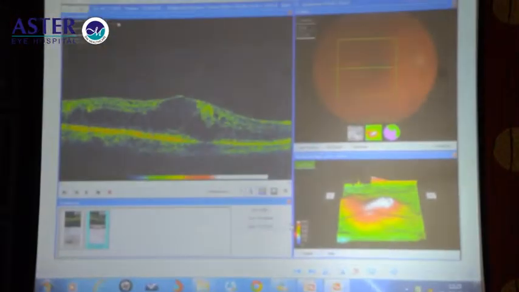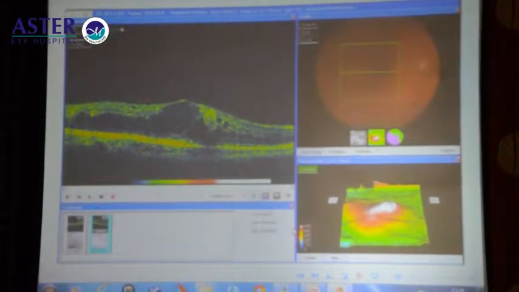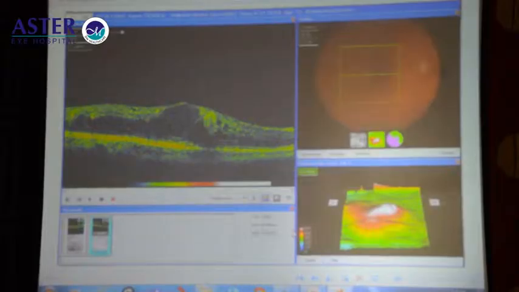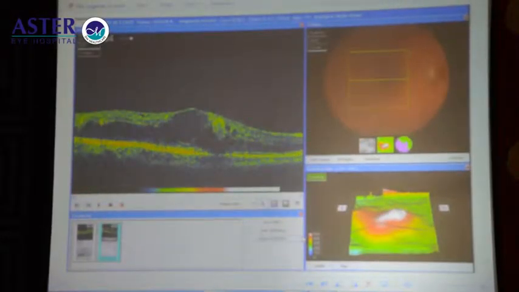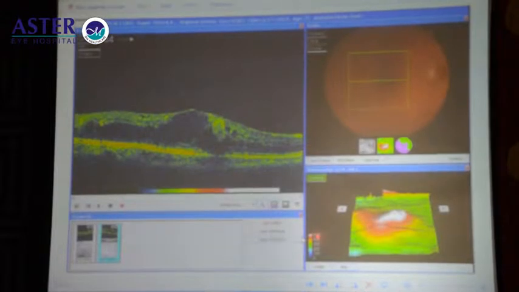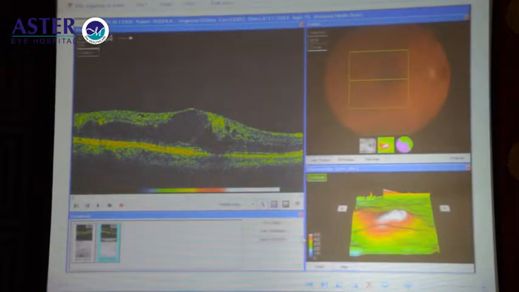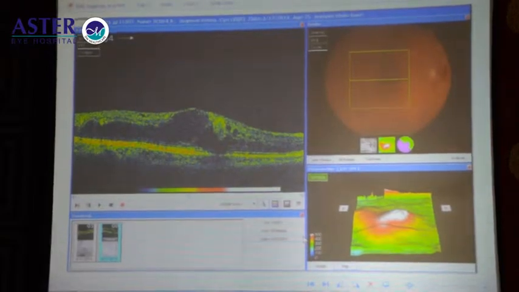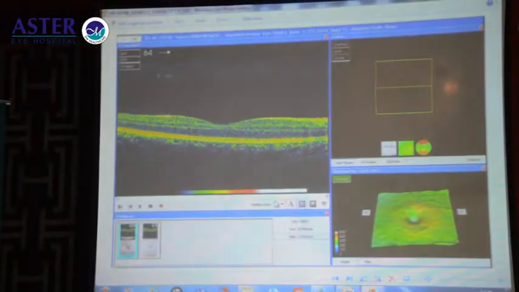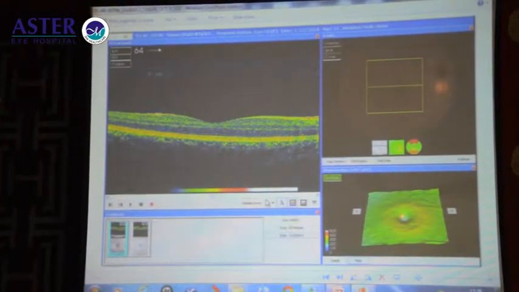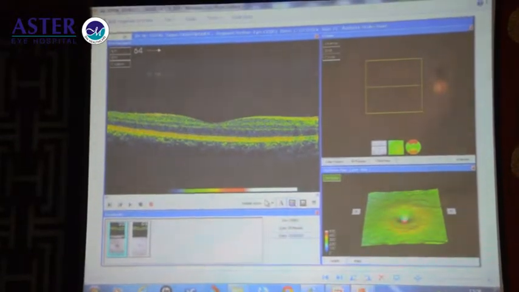Normally this area should appear green, but here we see that the thickness has increased so much that the color coding is red here and white here. We can see that the thickness is 400 in the reddish regions and to the tune of 500 in the whitish regions. Similarly in the surface map, we can make out that there is a foveal depression here.